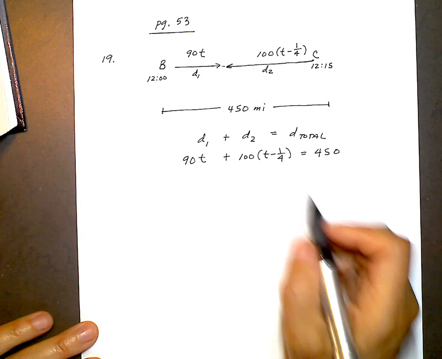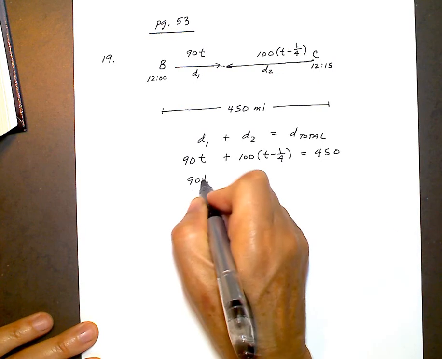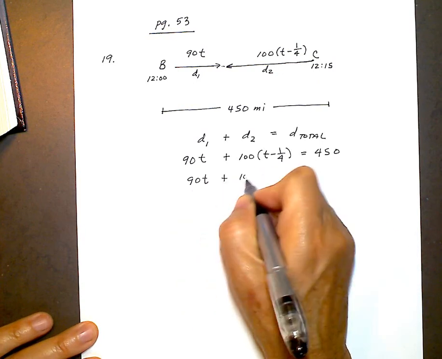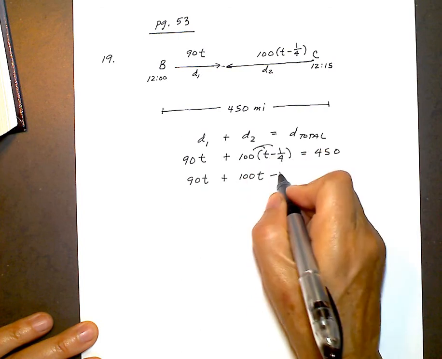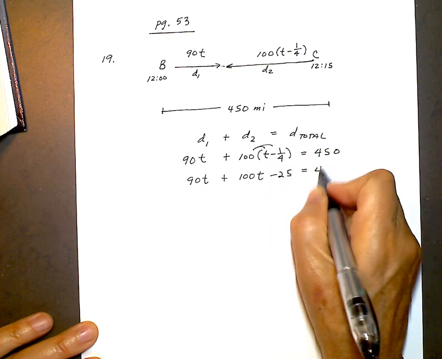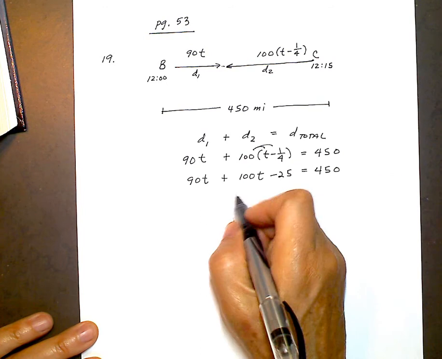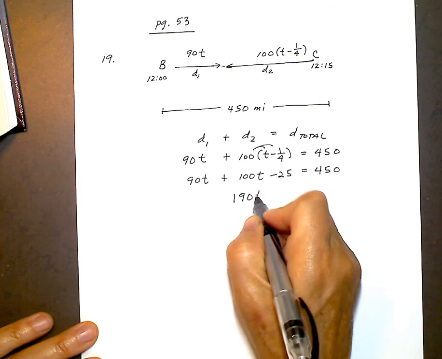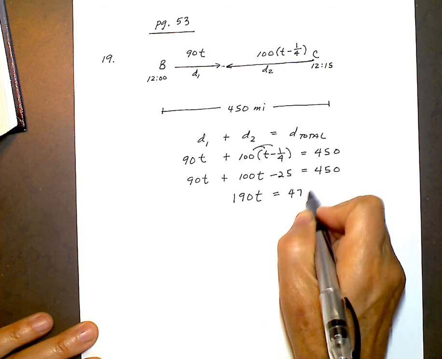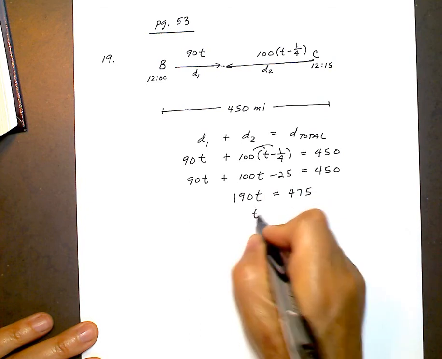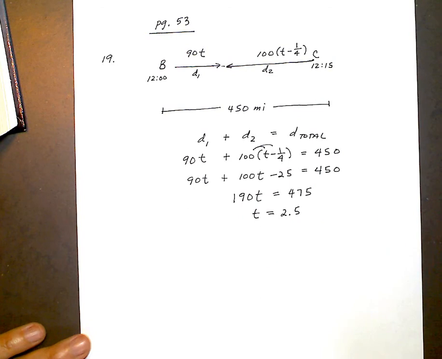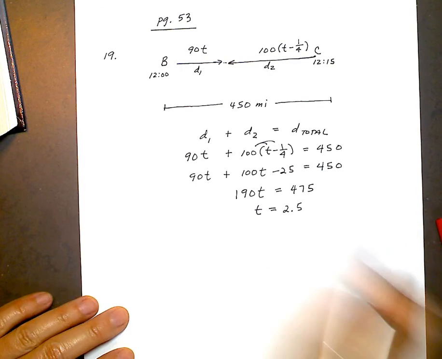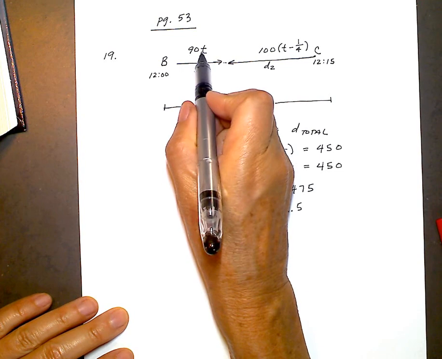So solving this, 100 times 1/4, so that's minus 25, is 450. And so we get t is equal to 5/2, or 2.5. We just divide through. So that means that this train travels for 2.5 hours, t is 2.5,